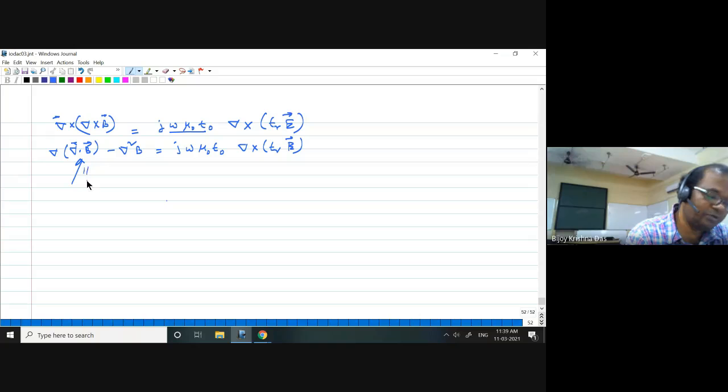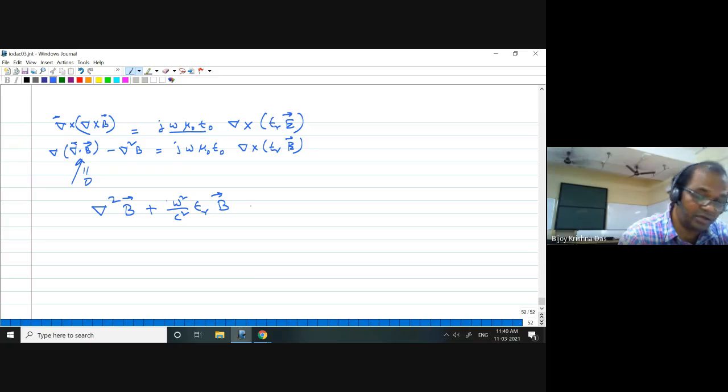So then this will be 0, and with a little bit of simplification similar to earlier, we can write down the final equation like this. I'm just writing it, you can check. This one is a little bit different. It will be omega square by c square epsilon r B, the magnetic field, plus delta epsilon r by epsilon r cross curl of B. That will be equal to 0.